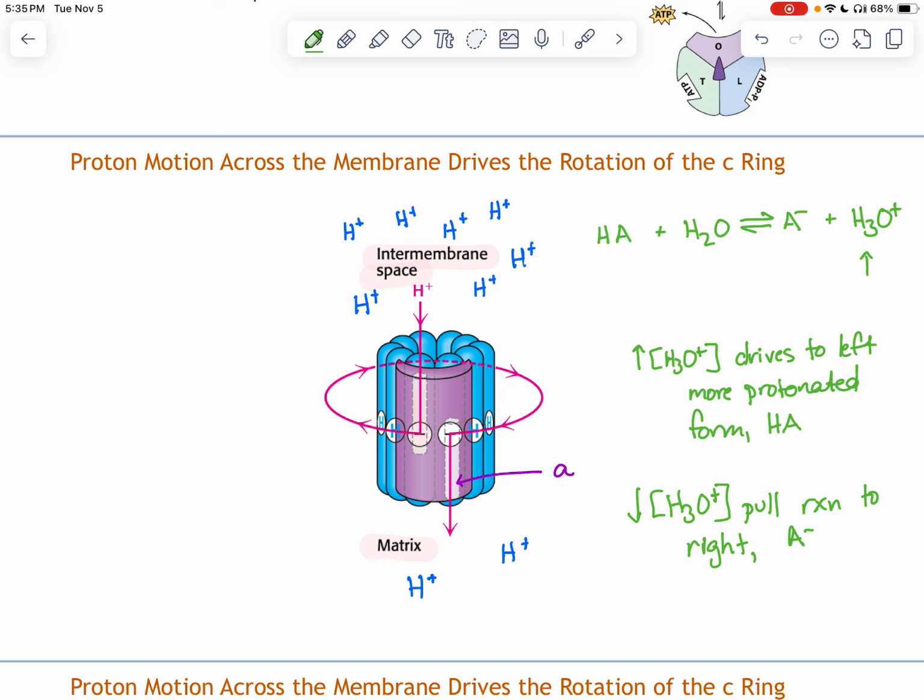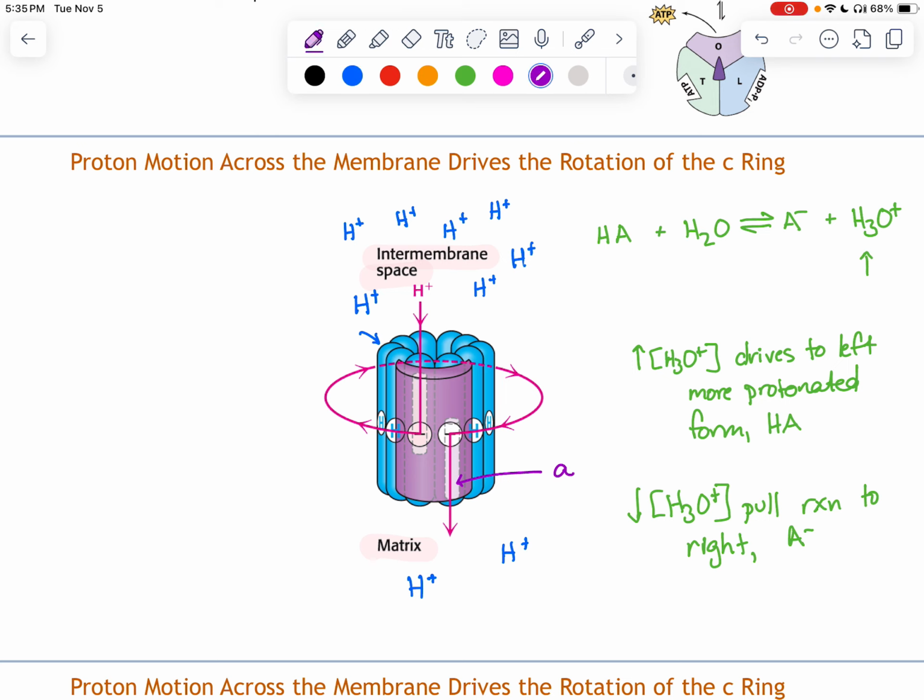So the gradient is going to try to drive these protons through, but they can't go straight through. But we do have this change due to the H3O+ concentration. Importantly, at the halfway point on the C pieces, on the blue, on the C subunits,